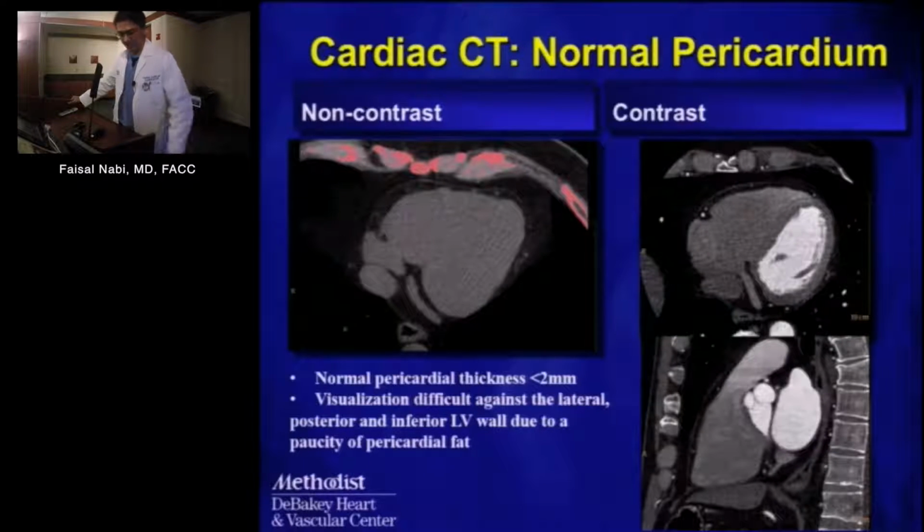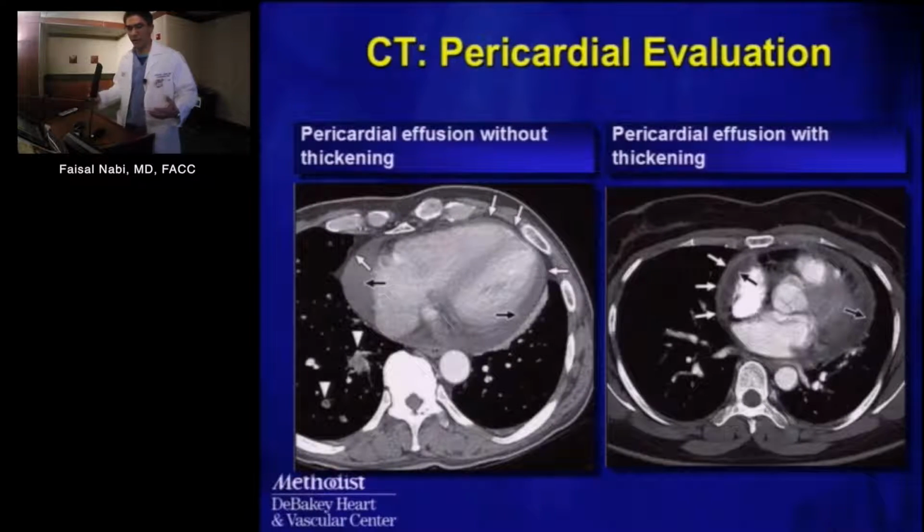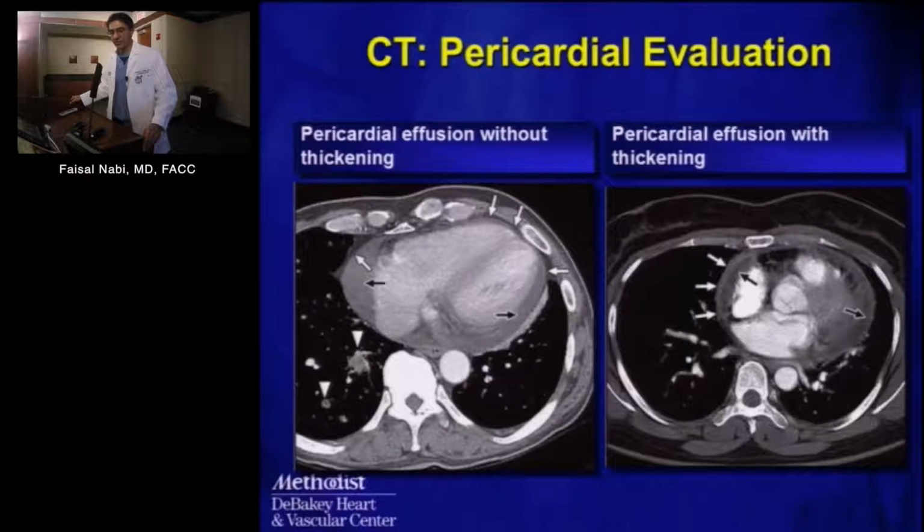So what would you see in acute pericarditis? Really, you would be looking for any thickening of the pericardium or a pericardial effusion. And so here's an example on the right-hand side, just a simple plain pericardial effusion. We have some ability, by checking the Hounsfield units, to determine whether these are